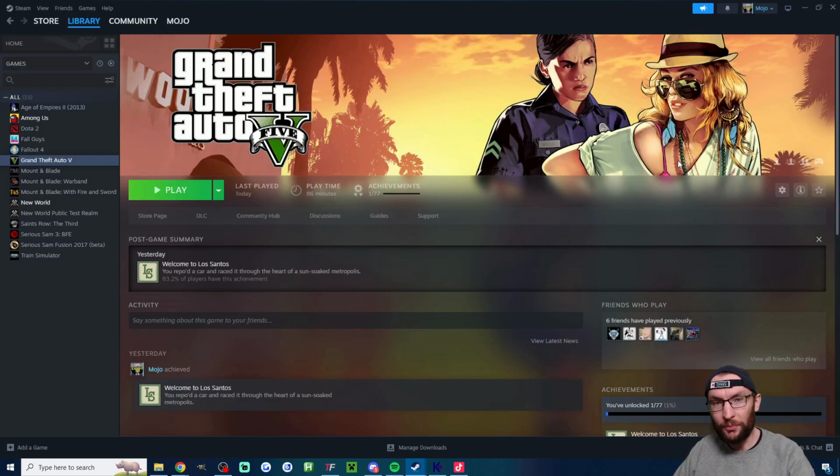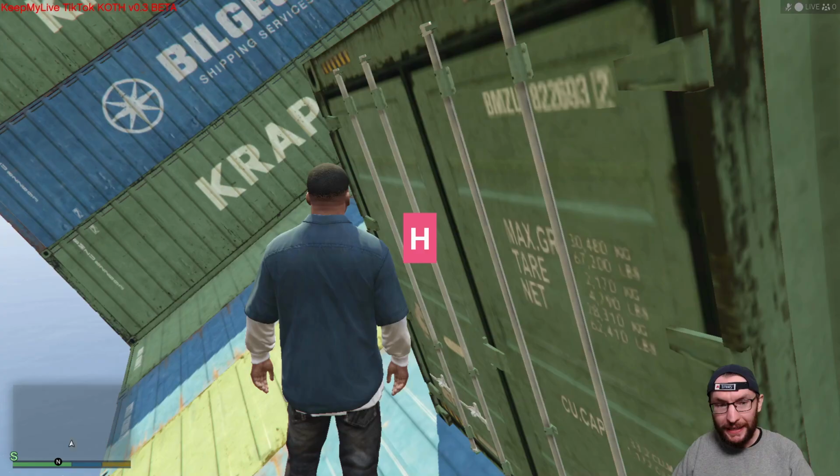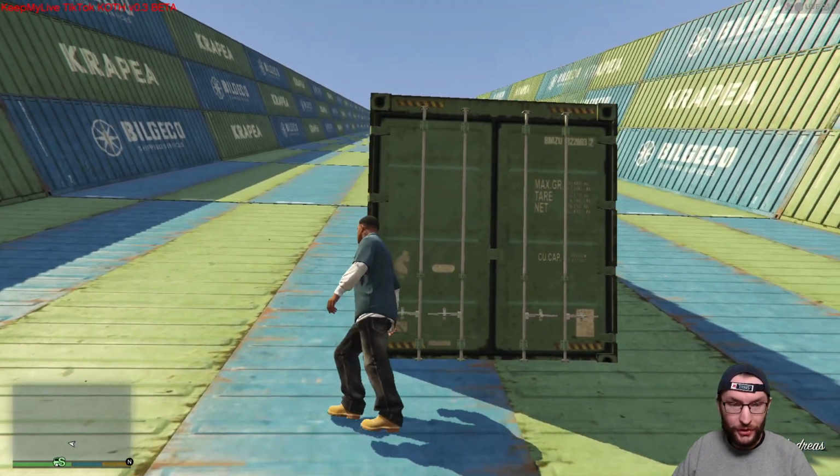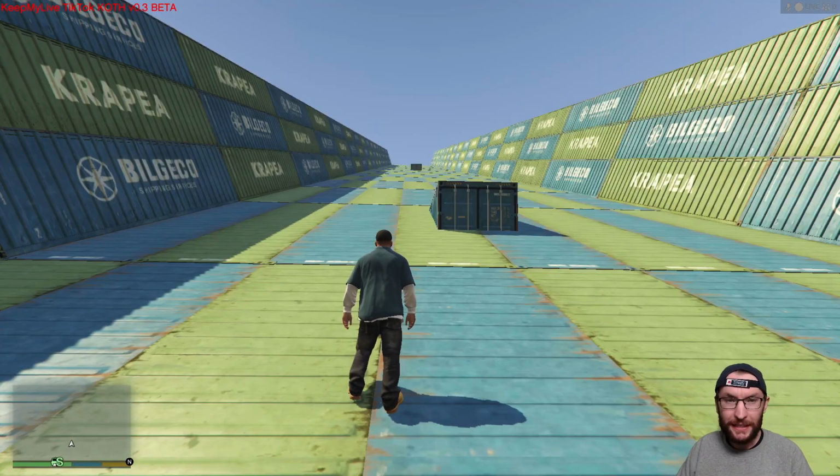Now, obviously, boot up your GTA and enter story mode. And once you're in story mode, just hit H on your keyboard and you'll be teleported to the bottom of your gigantic ramp. There's no way to test the props and vehicles falling before you go live, but you can